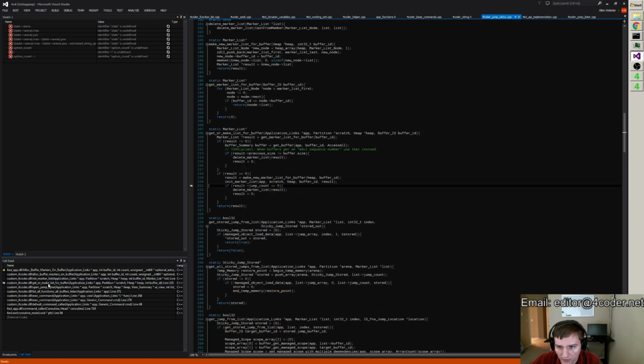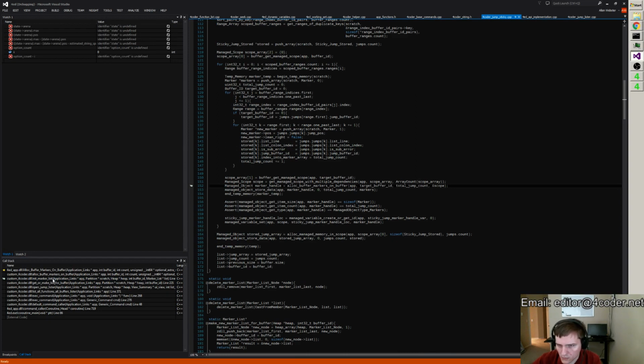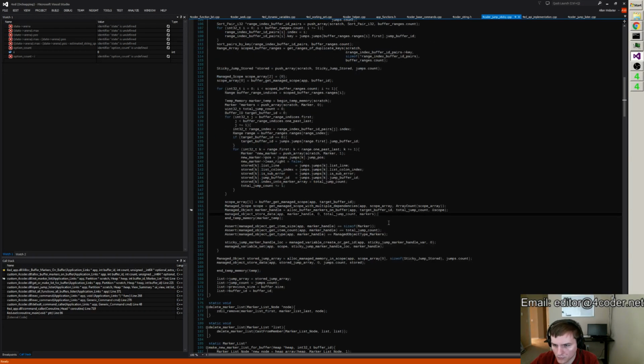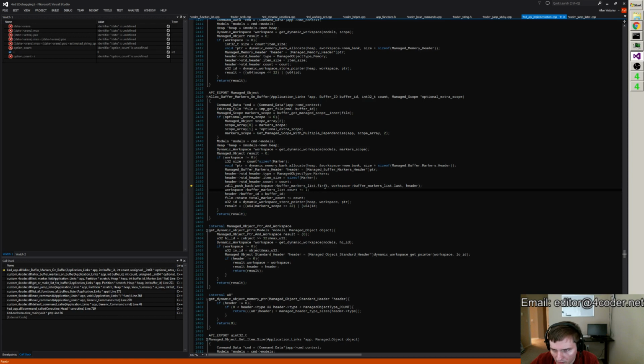Because get or make list for buffer is trying to parse out all those jumplist locations that we stored in there, and alloc buffer markers on buffer. I'm not sure I understand exactly why we're failing. First is obviously pointing to something nonsense, and last is pointing to something nonsense, and header is fine, though, and so I guess the problem is trying to get a handle on why our buffer marker list is